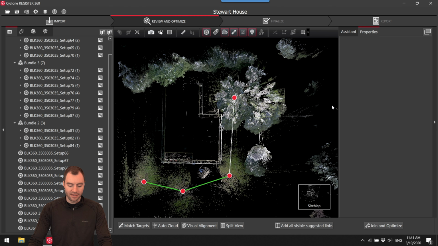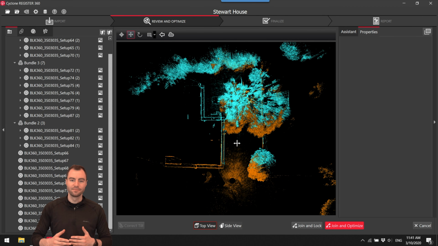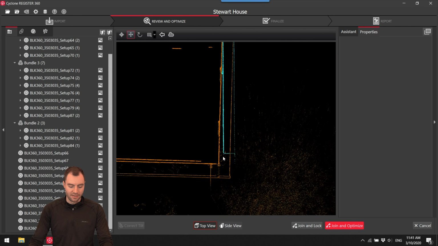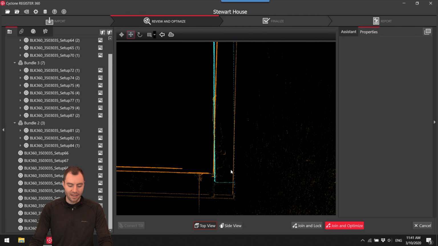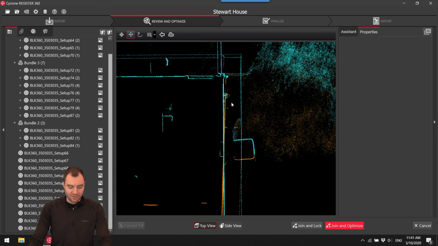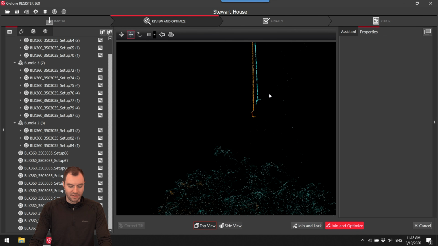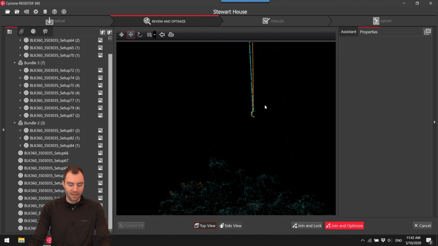So what I can do is click on that ghost link, and then I have a couple new options at the bottom. I'm going to click Visual Alignment, and now it brings you into a view where one of the scans is blue and one is orange. And this makes it really easy to manually line them up to where they should be. So the first view that I'm in here is top down, and I'm in this little north, south, east, west. I can move it in this plane. So what I'm going to do is look for a certain feature, like a corner, that I can rotate around. So I know that that's the end of the fence there. I'm going to line that up